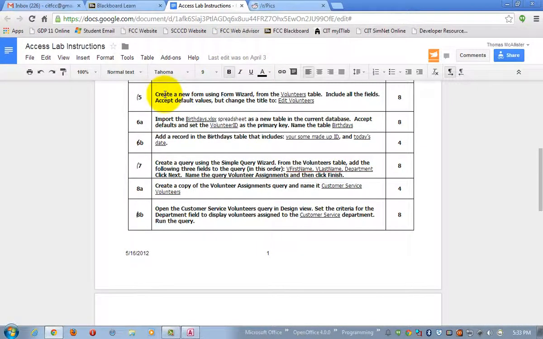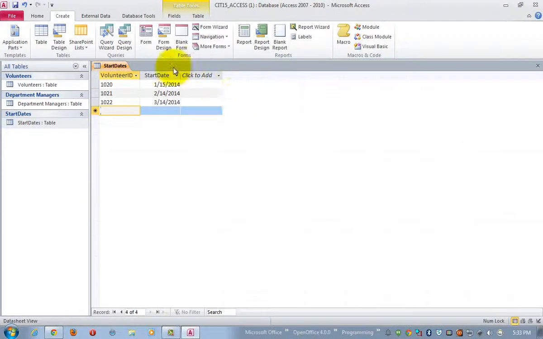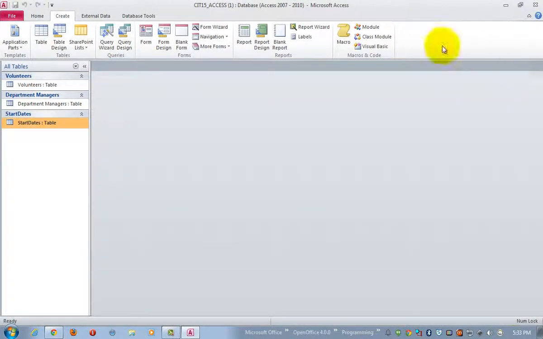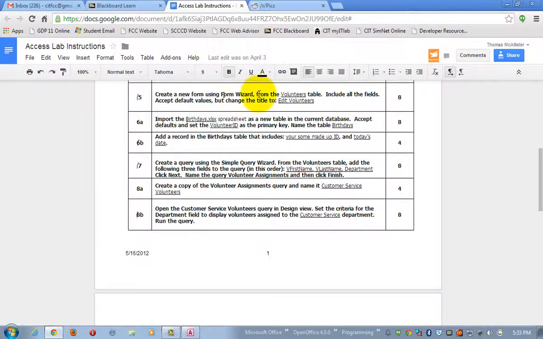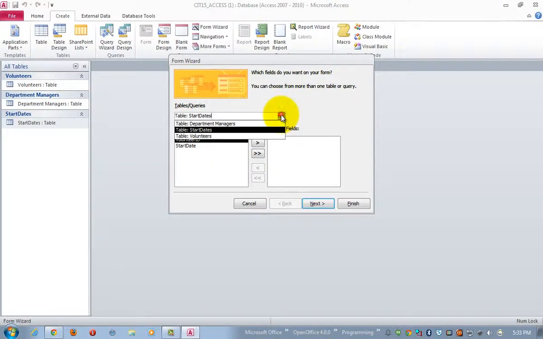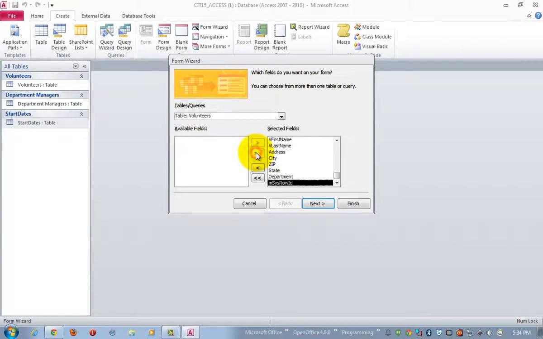The next thing we're going to do is create a new form using the form wizard from the volunteers table. Include all the fields except default values, but change the title to edit volunteers. So we're going to go back to here. I'm going to close this table. We're going to create a form using the form wizard. So I'm going to click right there, and we're going to create it from the volunteers table. So right here I'm going to choose table volunteers and all of the fields, and I'm just going to